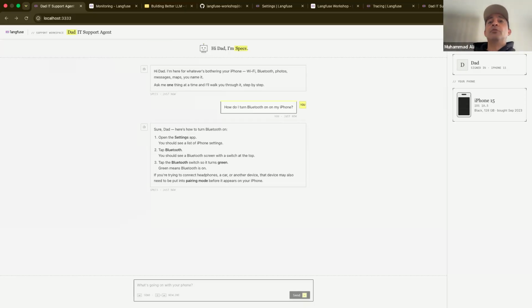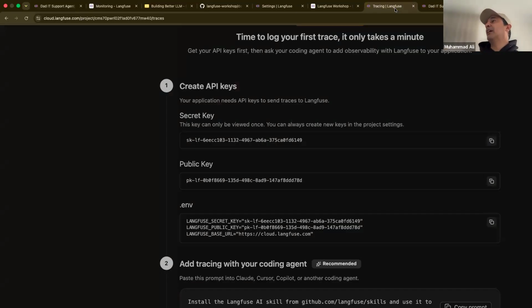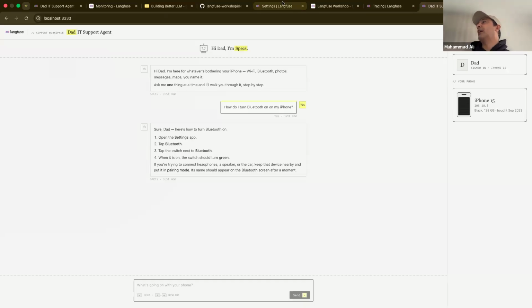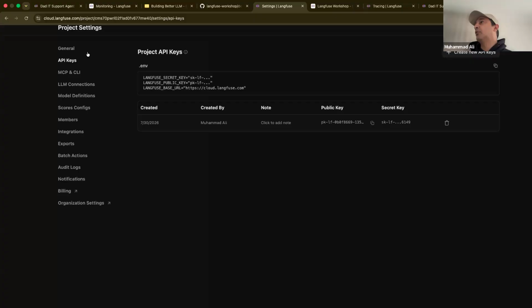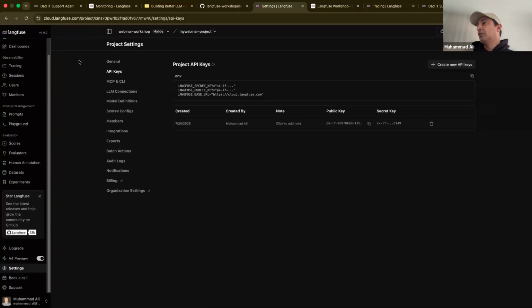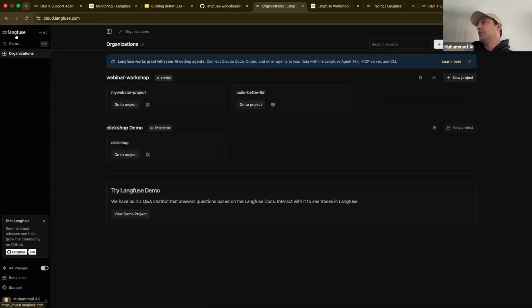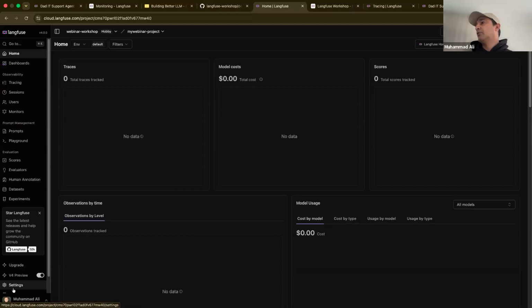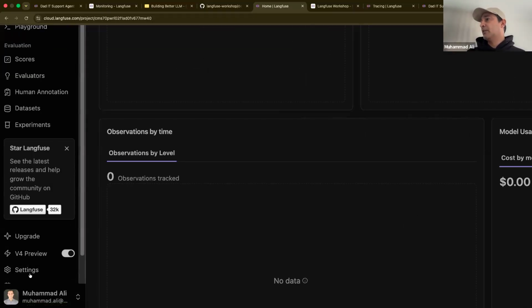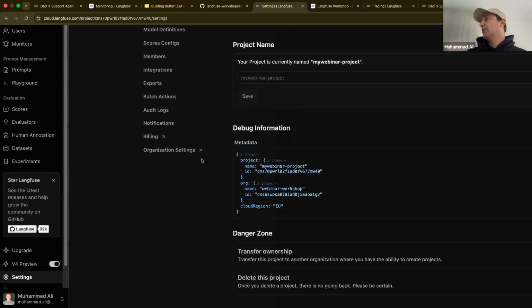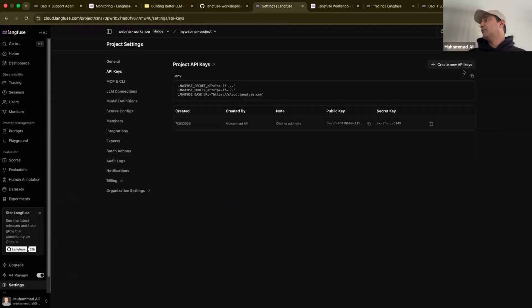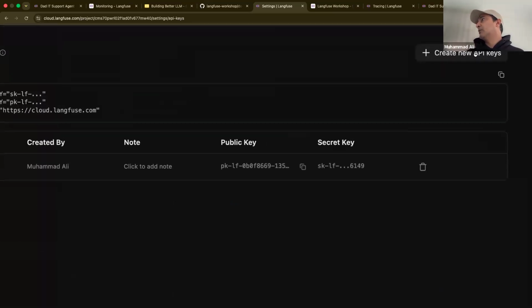Muhammad Yusuf, you need to create the project in Langfuse because I cannot give you my key. Otherwise, you will not see in your Langfuse application how it works. So did you register for langfuse.com, cloud.langfuse.com? You register, you sign in. When you sign in, you create a project. When you create the project, you come to the project setting, which is over here. In the project, you will have the setting on the left side. You click the setting, you go here, the API keys, and then you create this API key using the create API key button.